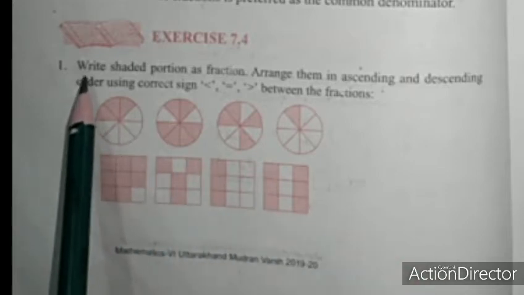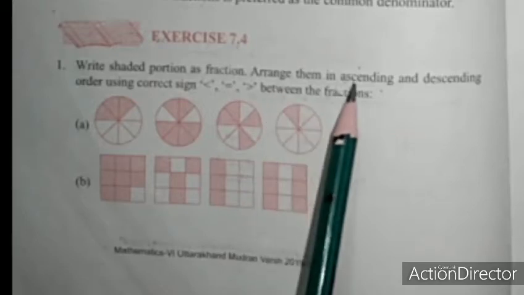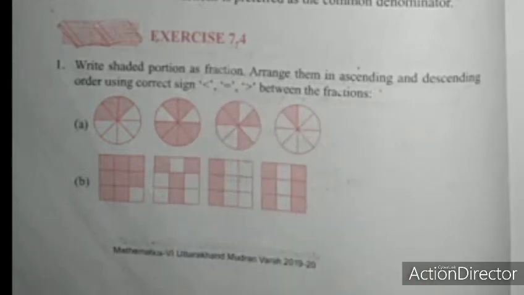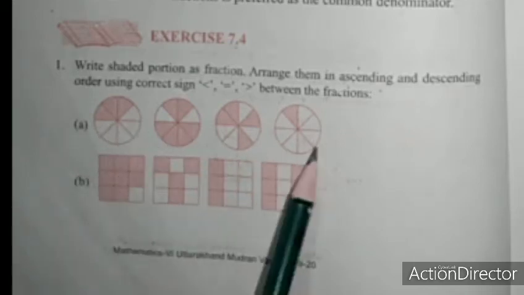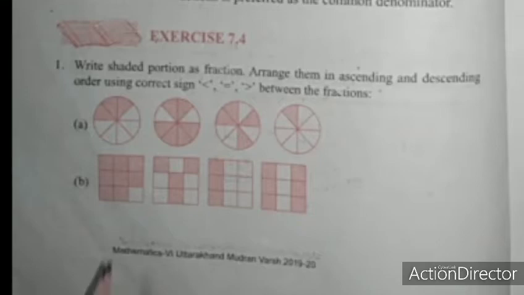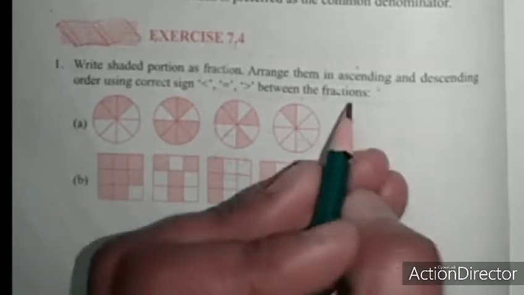The first question is, write the shaded portion as a fraction, and arrange them in ascending and descending order using the correct sign: smaller, equal, greater, between the fractions. Right? So what we do here, first we write the fraction of all these shaded parts in the first figure and the second figure. So now first we write the fraction of